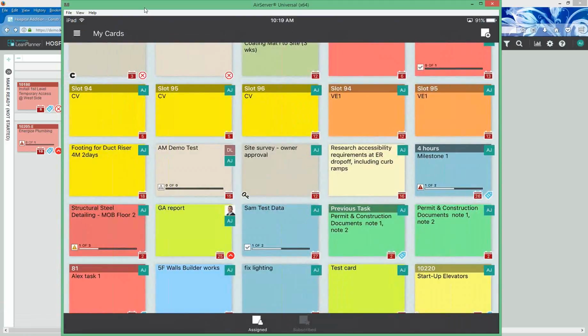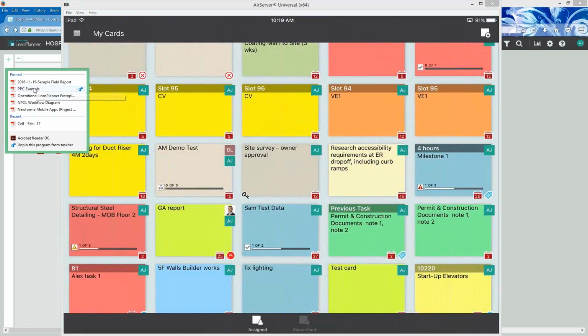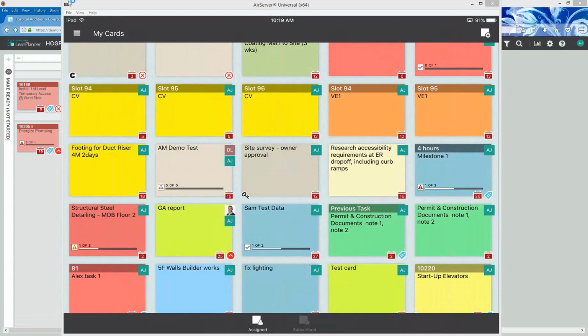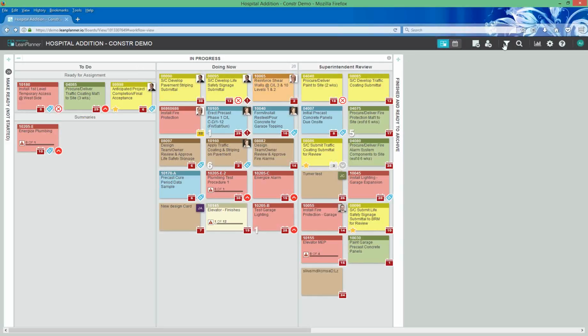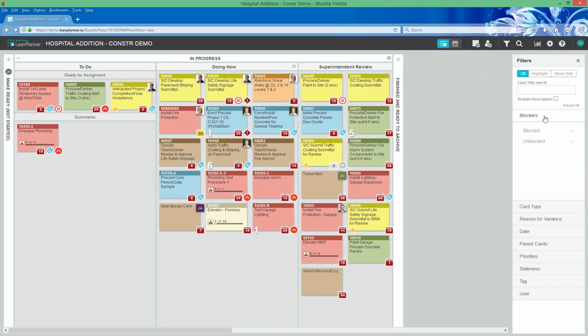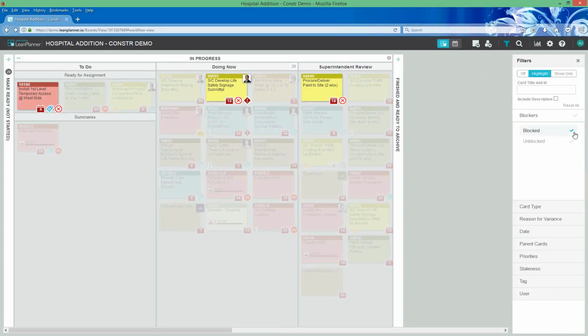And then last, but certainly not least, is the filtering and the reporting. So real quickly here, all of the information that you're able to put into a card is essentially able to be tracked, and we can filter. So you can say at a glance, show me only those cards that are blocked, right?